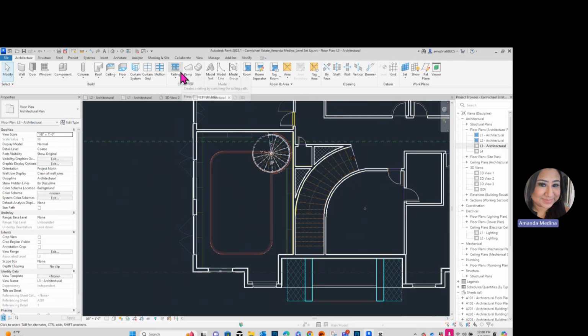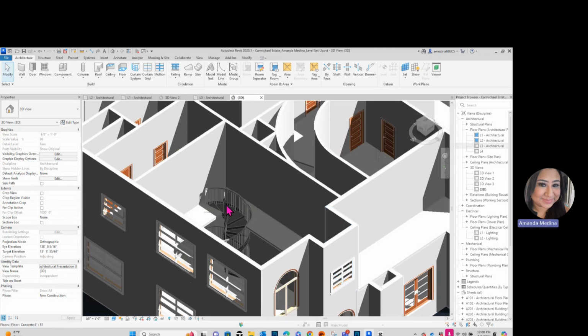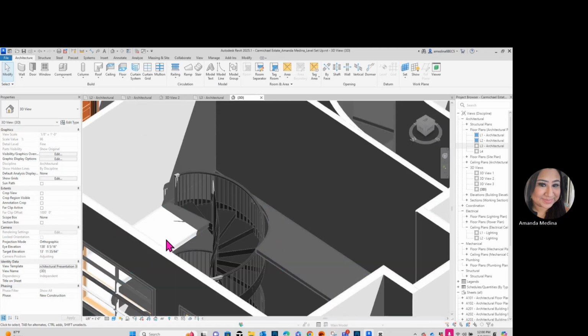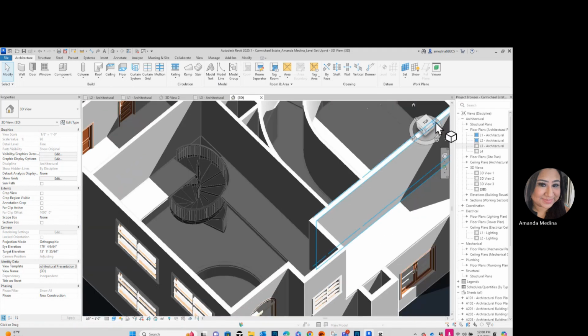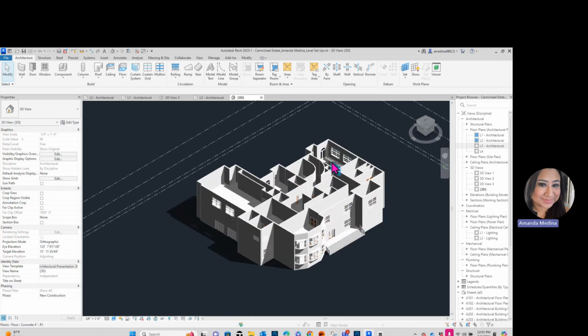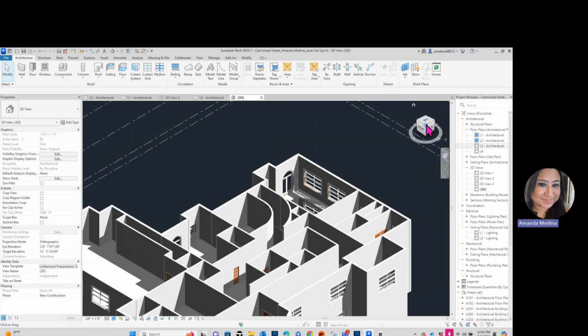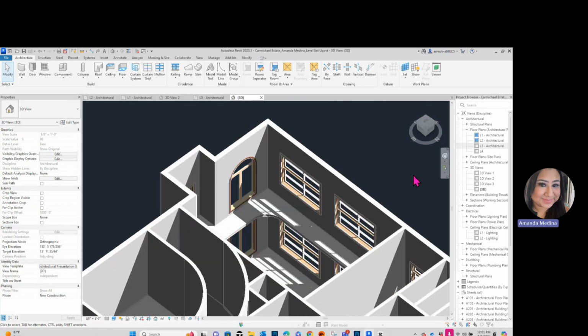So let's look at it in 3D view again. Now you see you have a floor going around your room, but you still need some type of guardrail because without it, that's just disaster waiting to happen. So to add the railing, go back to level 3,